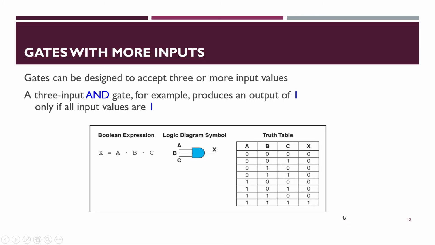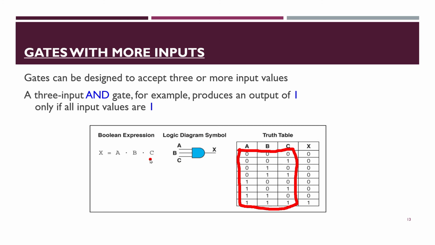As I already told you, it is not necessary that the logic gate should have only 2 inputs. It can have n number of inputs. When you have n number of inputs, the number of combinations also varies. The number of combinations can be found by the formula 2 power n, where n is the number of inputs. So 2 power 3 in this case is going to be 8. So that is why 0 0 0, 0 0 1, etc. up to 1 1 1. So totally you will be having 8 combinations.